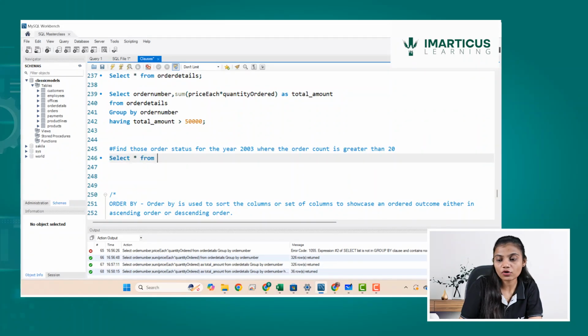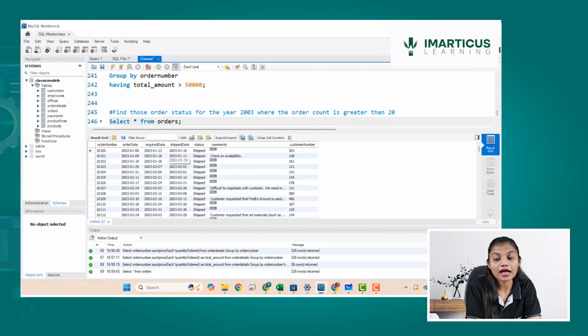Let me see if I have order status here. So here you can see I have order number, order date, required date, ship date, status, comments and all. Now I want to find in the year 2003 which status has more than 20 orders in its part. So for that,